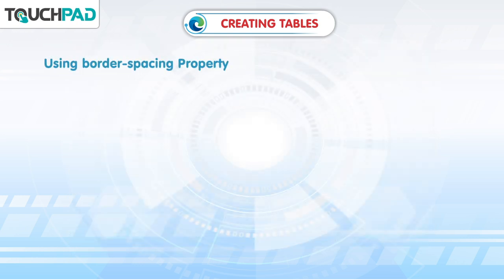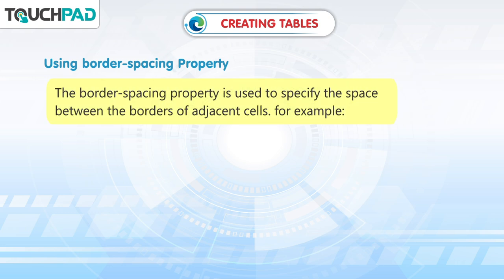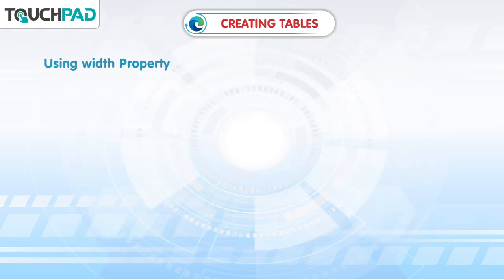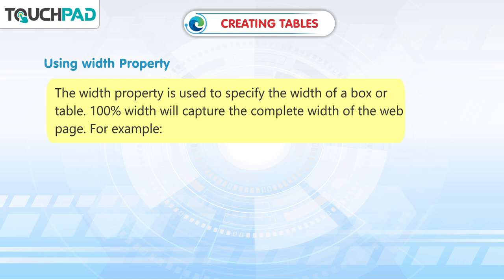Using border spacing property. The border spacing property is used to specify the space between the borders of adjacent cells. For example, using border spacing property. Using width property. The width property is used to specify the width of a box or table. 100% width will capture the complete width of the web page. For example,